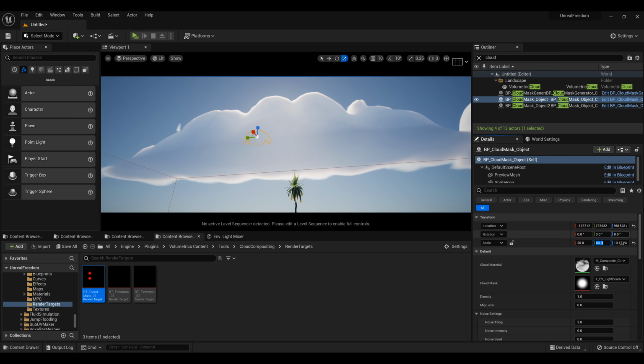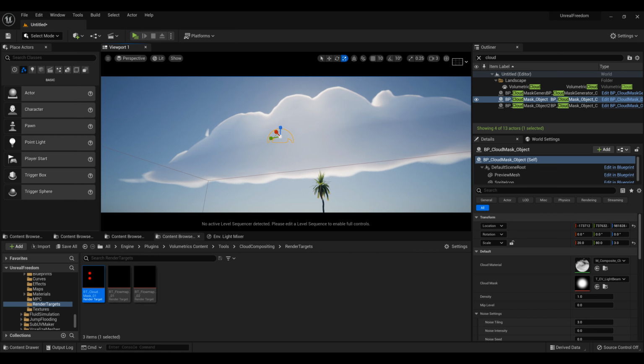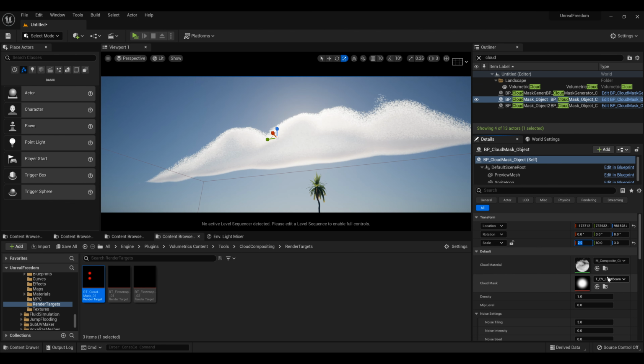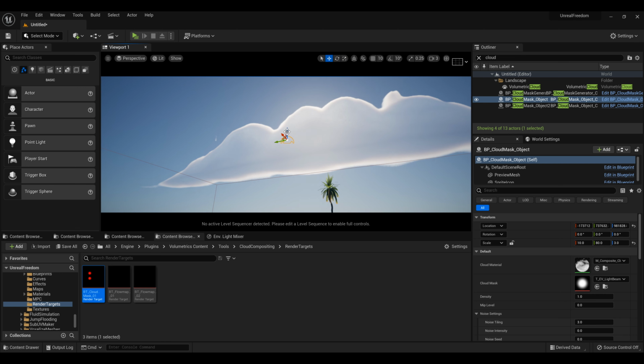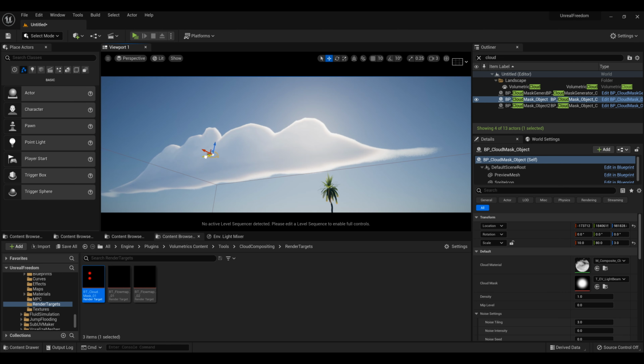I have spent a bit too much time in Houdini where the y-axis is the up axis. We actually need to decrease this one. Okay, so if I move this one back,